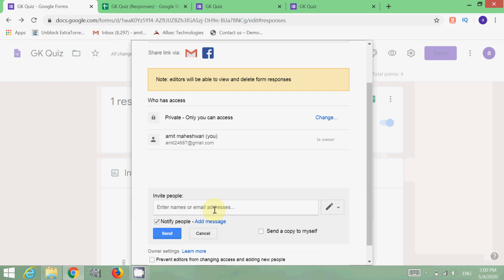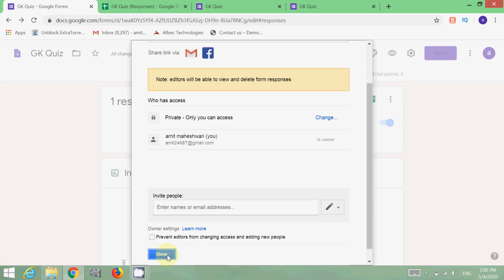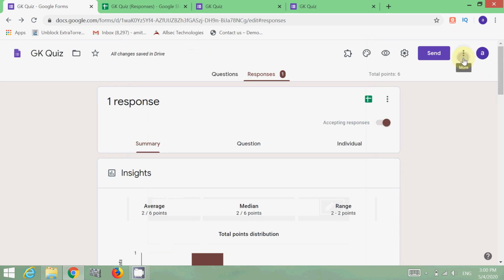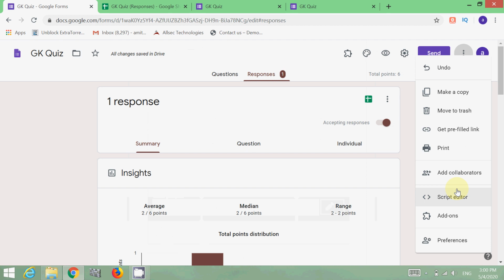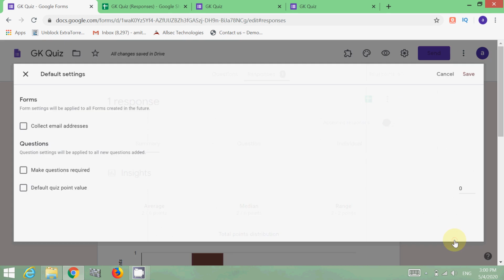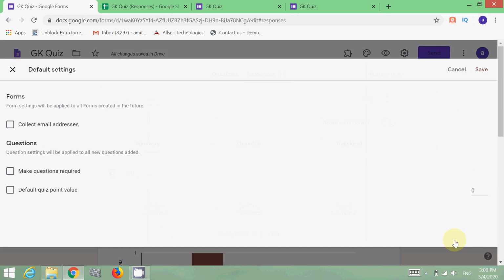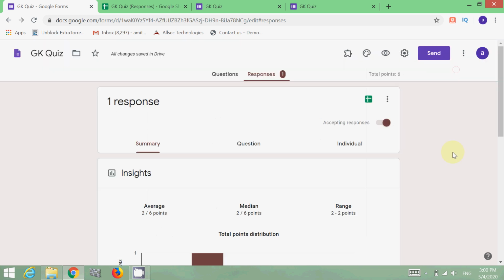Once you have entered their name or email addresses, just click on the send button. So this is how you can add collaborators to the Google Form. And just beside add collaborators, another option is preferences, where you can do the default settings in the Google Form. So this is how you can work in Google Forms. This is how you can make a quiz in Google Forms for online assessment.